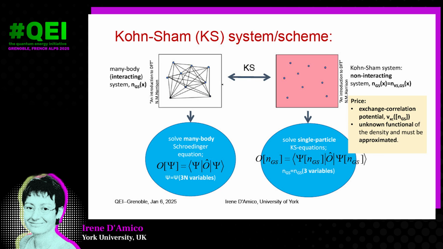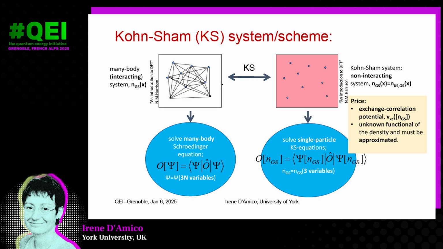So, Kohn and Sham have demonstrated that if I take a many-body interacting system, a fully interacting system, which I would have to solve using my many-body Schrödinger equation in order to calculate the properties, I can put this system in correspondence with a specific non-interacting system, known as the Kohn-Sham system, which has the property of having exactly the same ground state